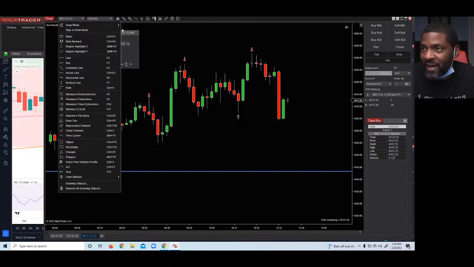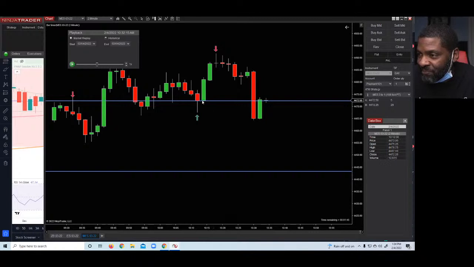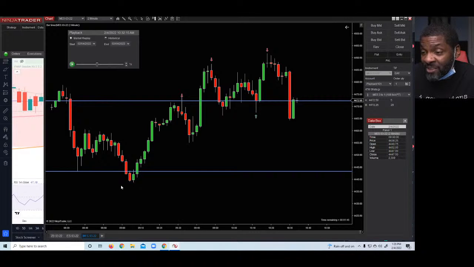Now, this is where I look to get in at. I didn't make this strategy up, so if this isn't how it actually goes, talk to Lex. But I'm looking to get in right there. Why? Because this is the close of that last leg up. So I'm looking for it to revisit the close of that last leg up. If it doesn't come back and revisit that close, I just let it go. I don't know exactly what Lex looked for on hers, but I learned this from her, and this is the way I trade it.